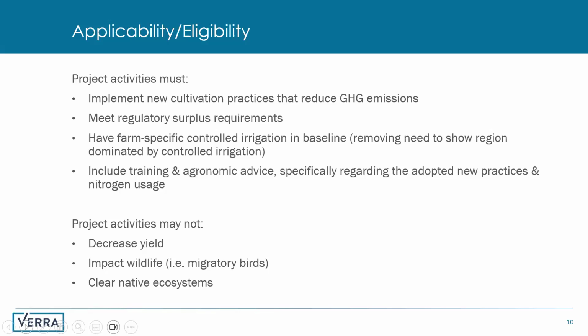but we will retain that project-specific requirement. Next, we'll also include training and agronomic guidance, and we're going to broaden that so it specifically covers any of the new practices that are adopted, and also specifically nitrogen usage. Even if nitrogen usage efficiency gains aren't particularly targeted by the project, we'll make sure that each project provides agronomic guidance addressing nitrogen usage,